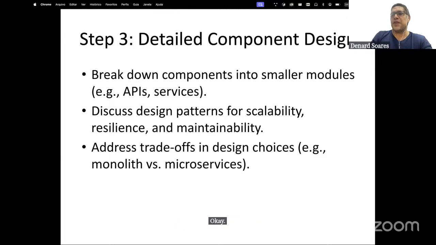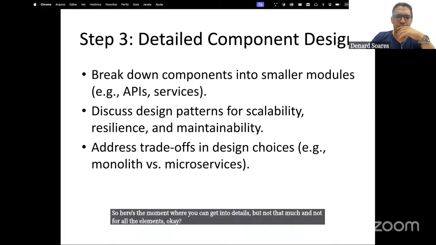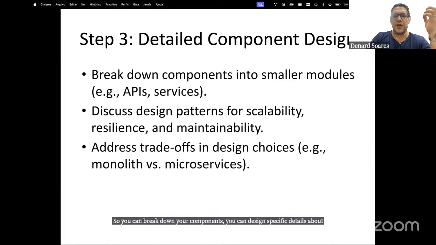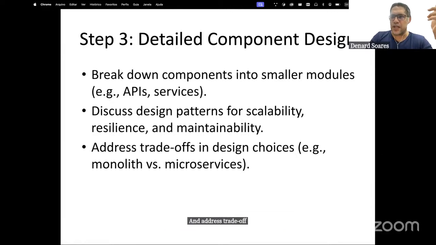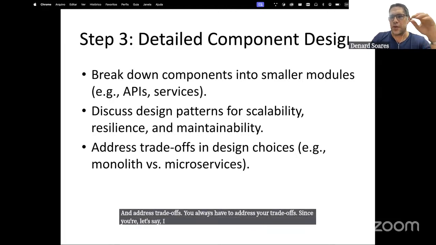So here's the moment where you can get into details, but not that much and not for all the elements, okay? You can break down your components, you can design specific details about scalability, resilience, and maintainability, as we spoke earlier. And address trade-offs. You always have to address your trade-offs. Let's say I'm gonna try to use a monolith here.